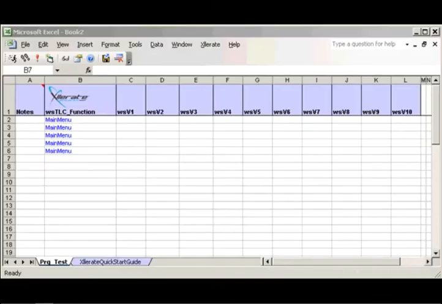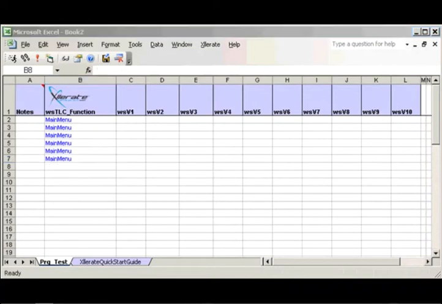We are on page 11 in your training manual. To add or insert a new TLC function onto your program worksheet, just go to the next available blank row and press the Delete key on your keyboard. If you press the Delete key multiple times, it will toggle between deleting and adding a new TLC function code